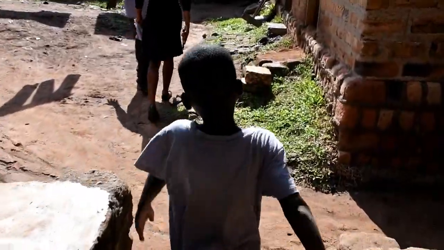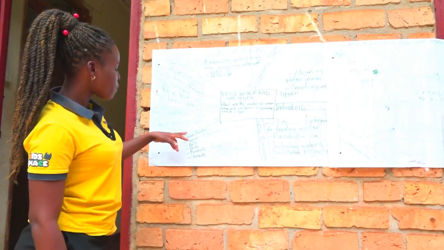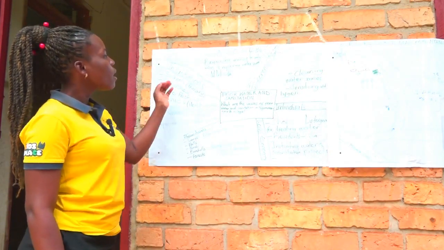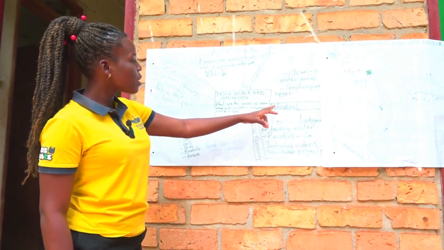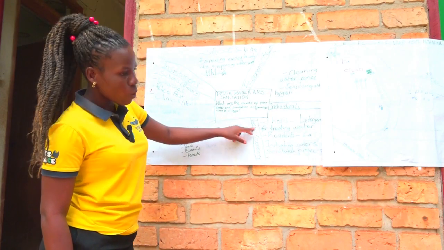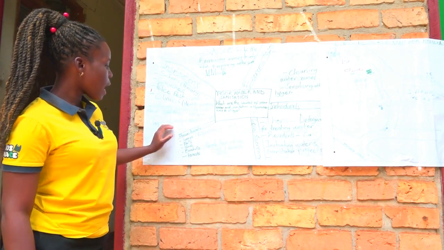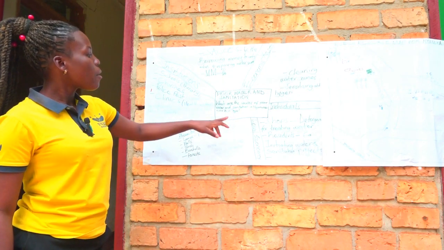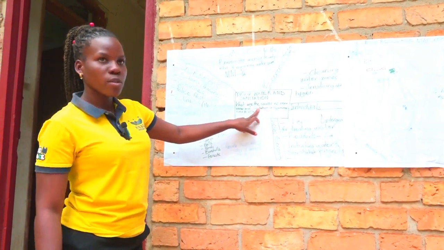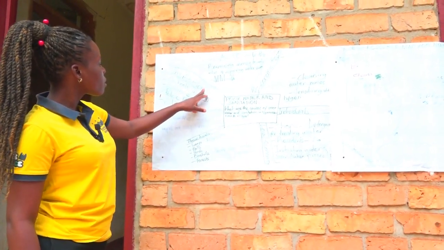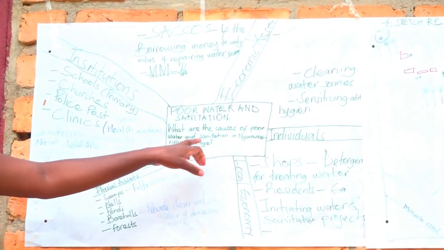And the different key resources identified from the resource map, we have institutions, then we have physical assets like swamps, wells, ponds, and we have economic assets, and we also have individuals plus local economy. So we have seen how these resources are going to work together to impact the research question, like how different institutions are going to be impacting the causes of poor water and sanitation in the Nyamkaikuru B village.